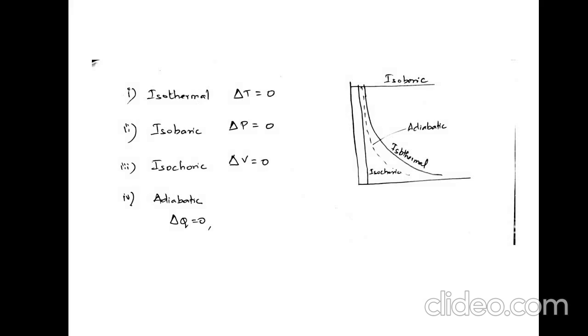So coming to the thermodynamic processes, what are all the thermodynamic processes we have? Isothermal, isobaric, isochoric and adiabatic, right? So isothermal, iso means same, right? So isothermal condition is nothing but temperature is constant, okay? If you plot a graph between pressure and volume, you can have a parabola or this graph for isothermal condition. This is delta T. Delta means it is a change. Delta T is always equal to 0. This is the graph for isothermal, right?